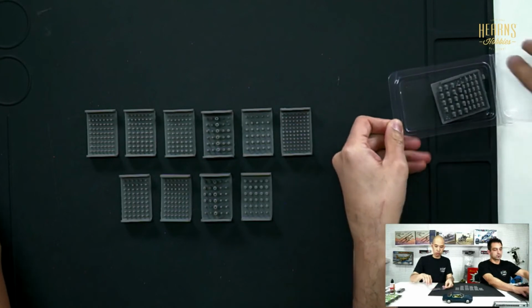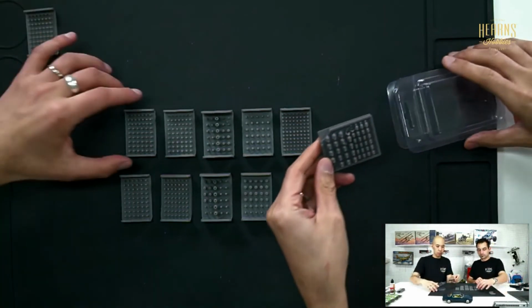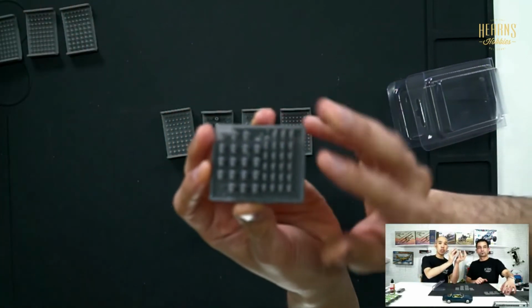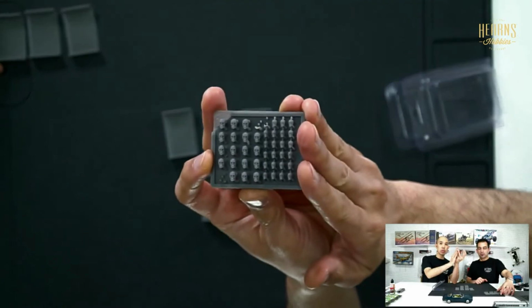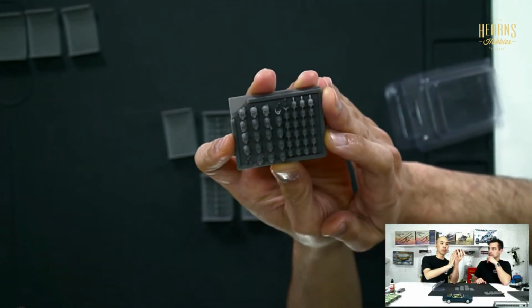skulls, which are really interesting. So the skulls are not a new thing, but I think so you can see the skulls there. There's a whole tray of skulls. So there we go. From memory, I did 48 and